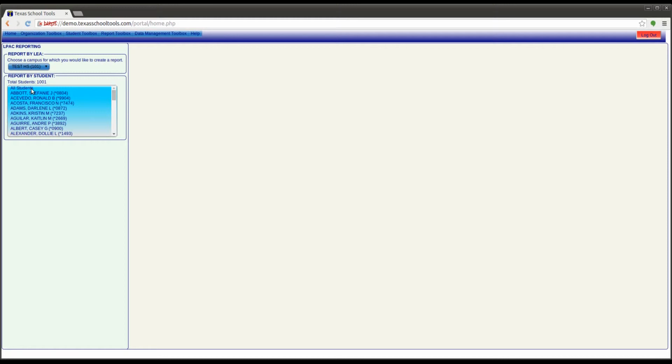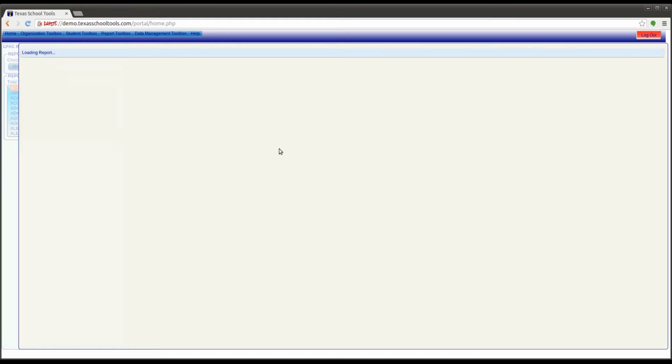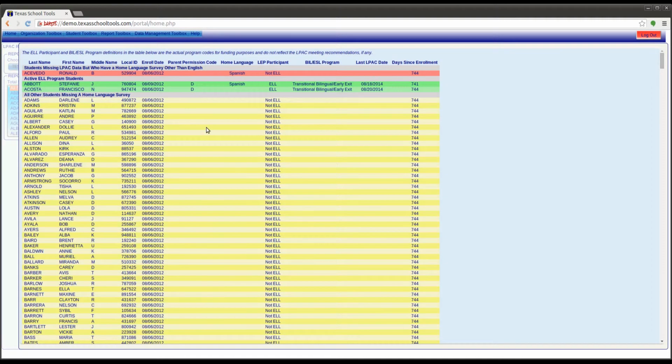Let's go ahead and start out by running a report for all students, and then we'll go back and show you what an individual student report looks like as well, which is very similar. So we'll go ahead and click on All Students, and our information will appear in our data pane. And first off, it does tell us at the top of the list that the ELL participant and bilingual ESL